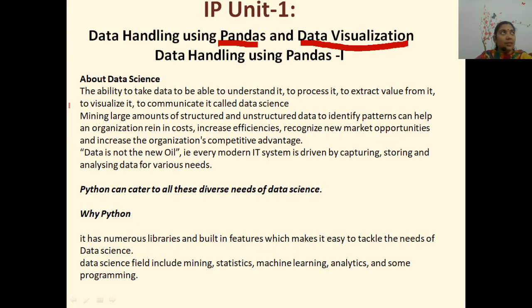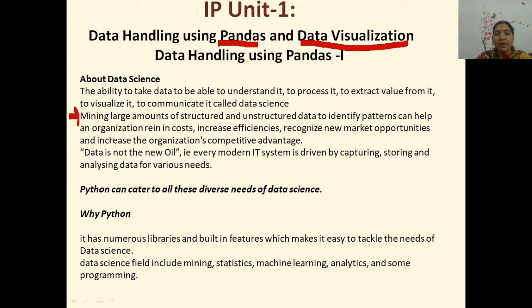All the surroundings contain the data in various forms and we need to mine them. Mining the data, you know what do we mine? We mine all the precious resources. Similarly, data is also a precious thing, but we need to mine it, then only we are able to understand the cost of data.